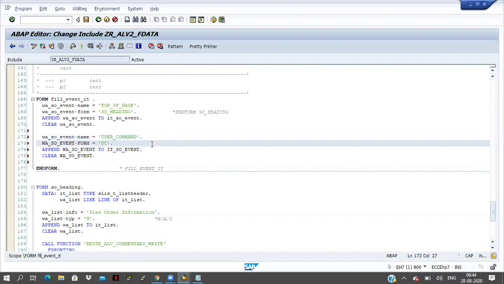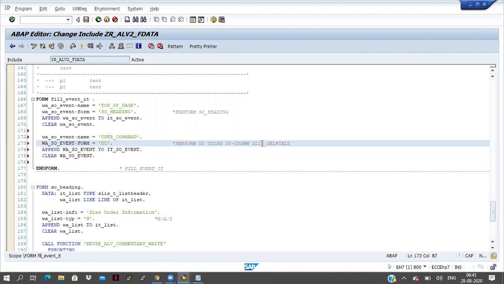Which form is handling this event functionality? The form name is UC. So here it will call like perform UC, s5 ucom and slice underscore cell field.